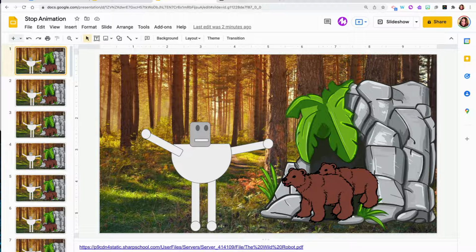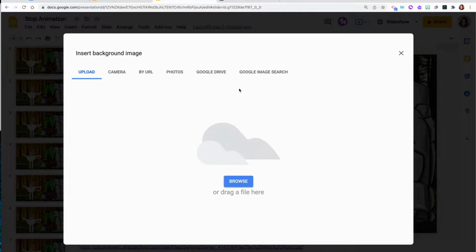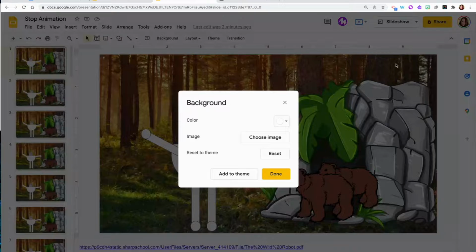Another fun thing you could do with the Shapes and Lines tool is create stop motion. So in this example, we are recreating a scene from the book The Wild Robot. I use the shapes to create Roz here, the character from the story. I inserted a background by clicking background, and I just searched the Google image search to find a forest, and